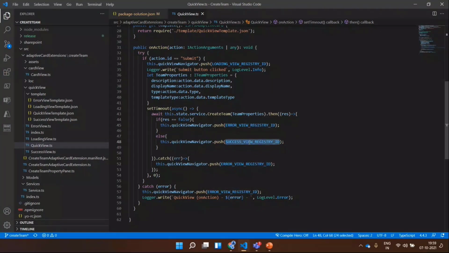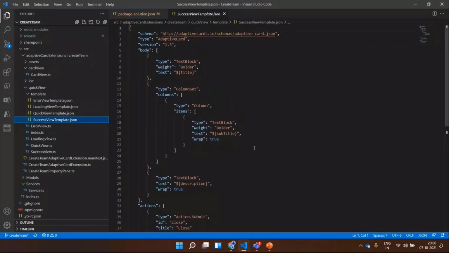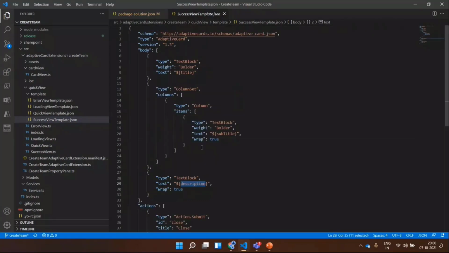Inside the success view register, it's a different quick view, success view.ts, and inside that I am passing another JSON. For the success view, I created something like this: text box, subtitle, action submit, close, and the description.